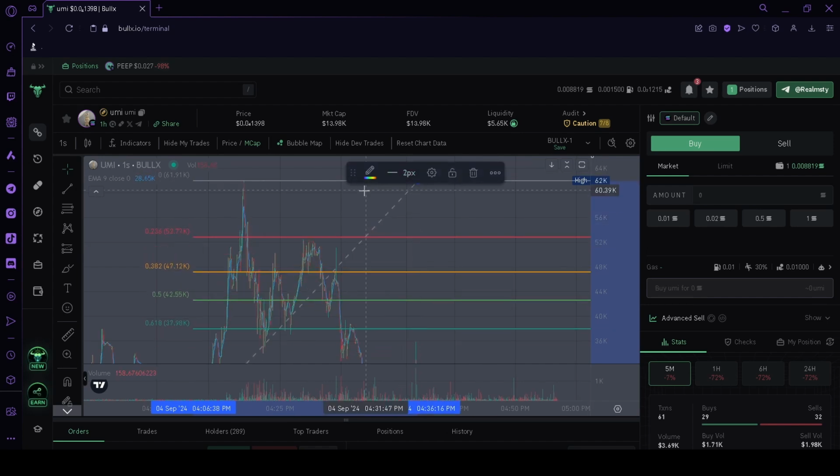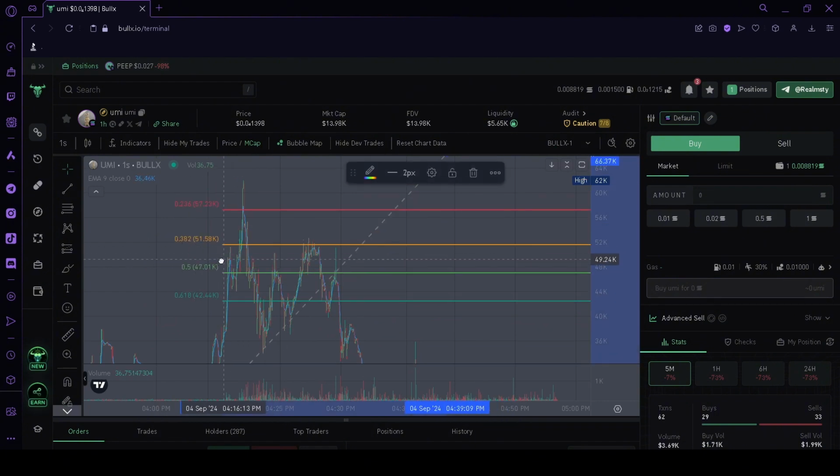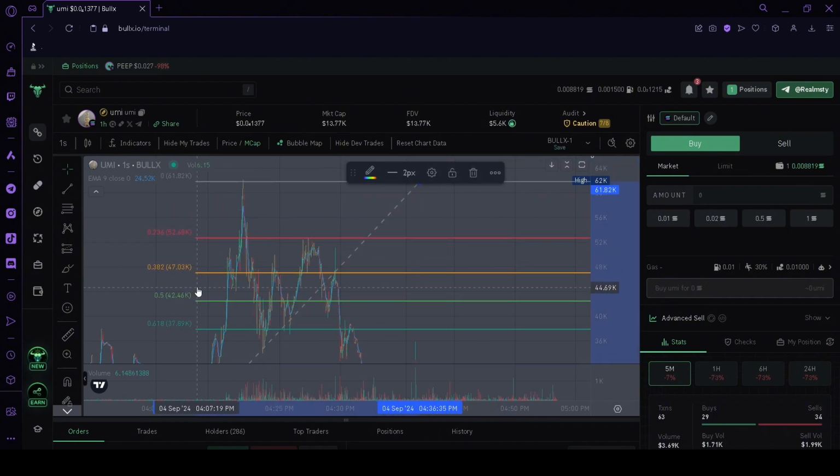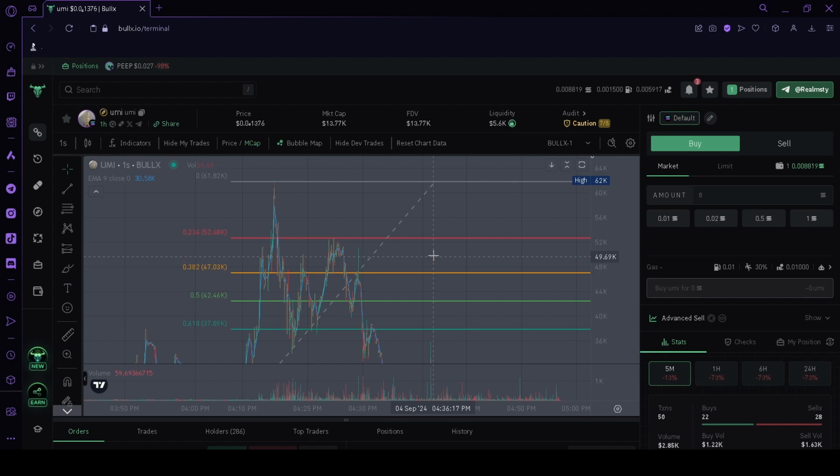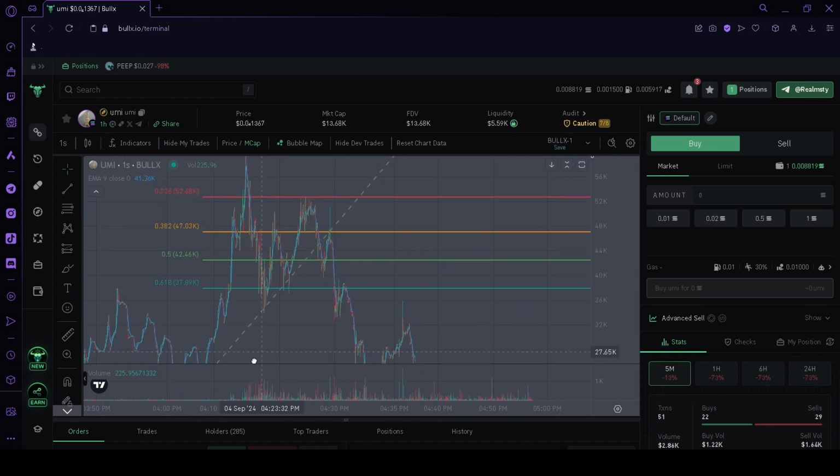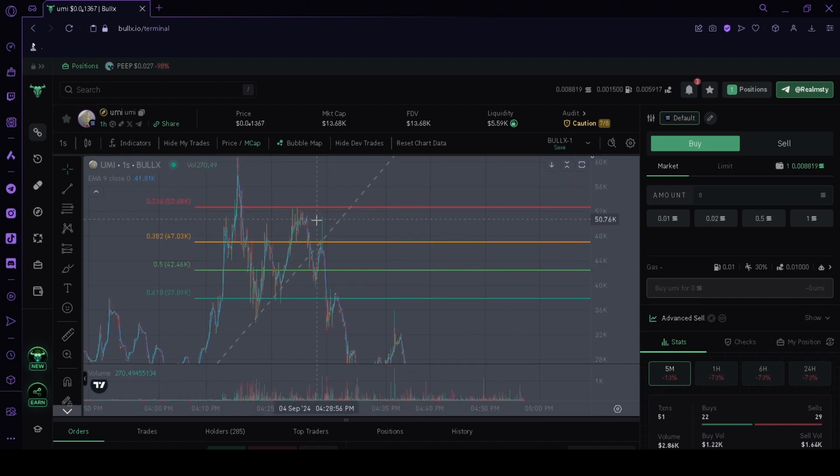Or just keep it up. It's perfectly fine. There's no difference. There we go. Just like that. Okay. So now that that's placed, you can see every area on the Fibonacci retracement is acting like a support